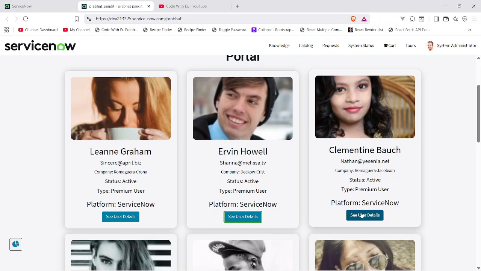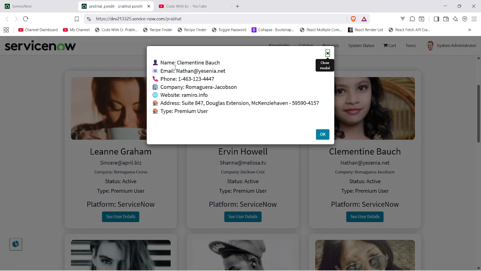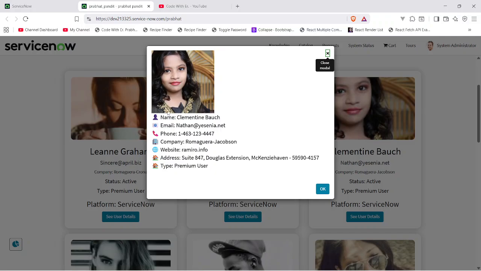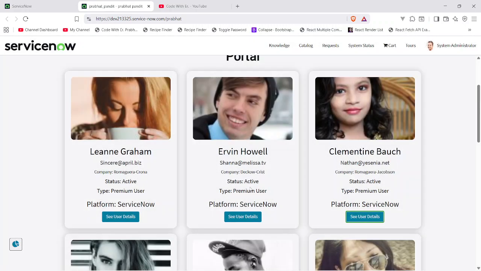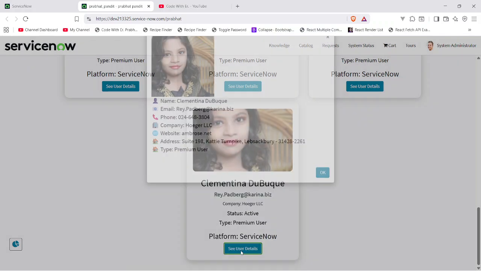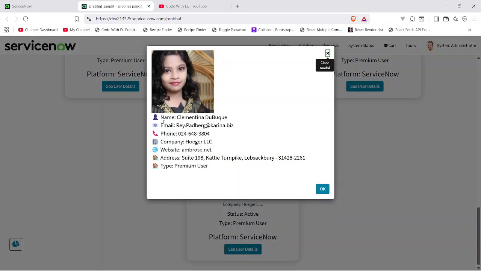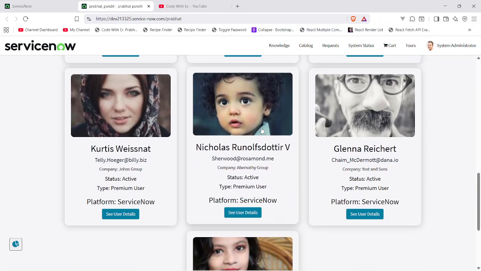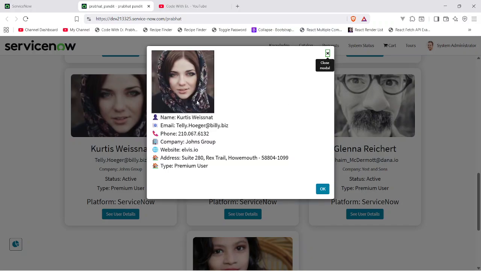Now click the button, see user details. Here is the same user profile pic, name, email, phone, company, website, address, and type. Click OK. So just see this user details in a nice and dynamic modal. So here is the same profile pic, name, email, phone, company, website, address, and type premium user. So click OK. Okay, so we can see guys each and every user details in a nice and dynamic modal as well,